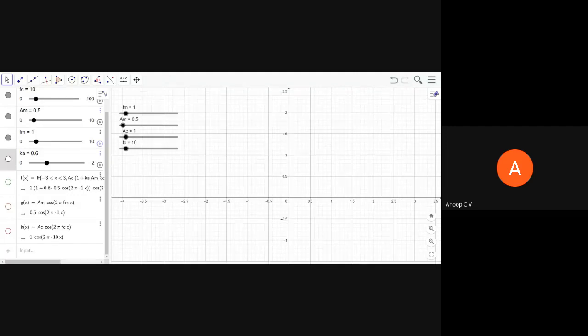And one more thing, I'm not telling you how to actually simulate something in GeoGebra. Maybe later on I'll take it up. So today I'll just show the simulation. It's very easy and straightforward. I'll come up with a video on how to run a simulation in GeoGebra later. But today we'll just see how to simulate this AM.